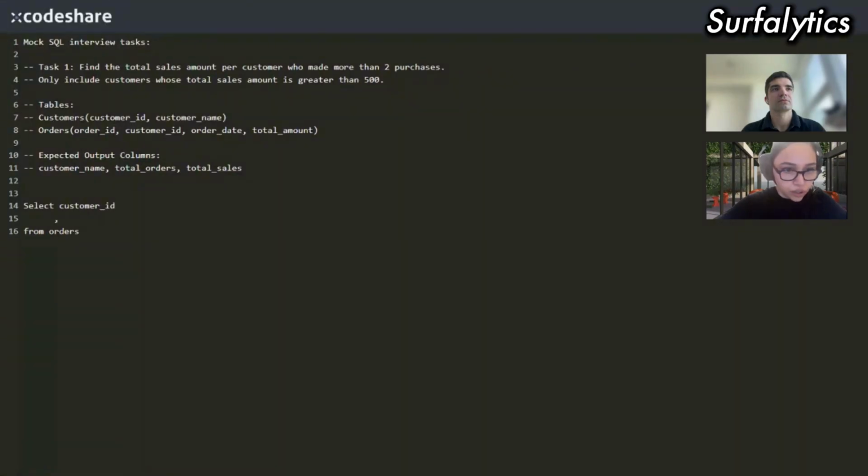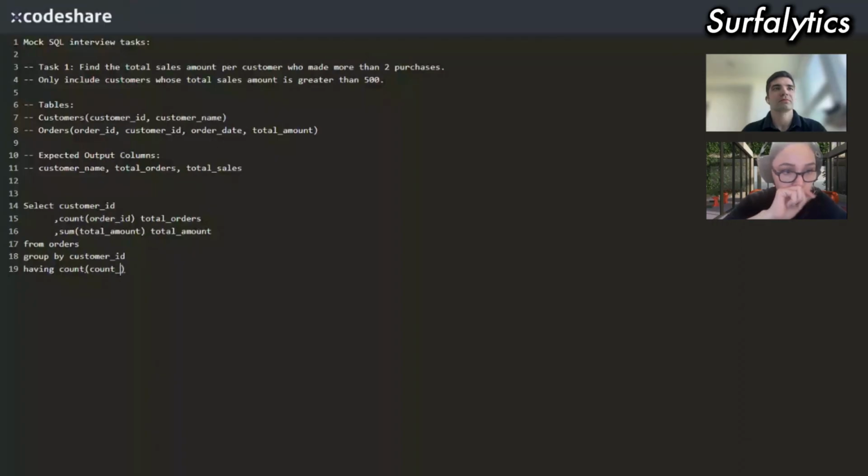After that we should aggregate and count all the transactions. We will do count order ID. It will return the transaction count of the customer. Let's call it transaction count, and also we should sum the amount of the purchases. Sum is on the column total amount. It will be total orders. Okay, and we will group by customer ID, and say that transaction count is more than